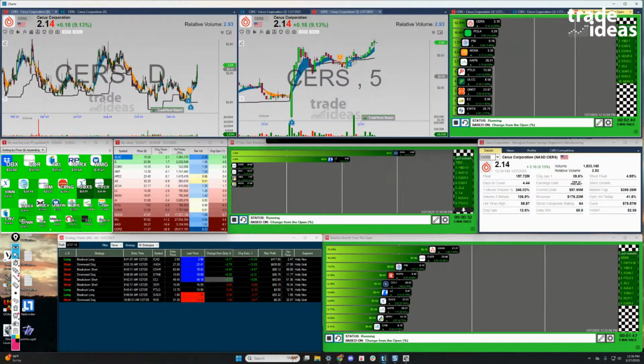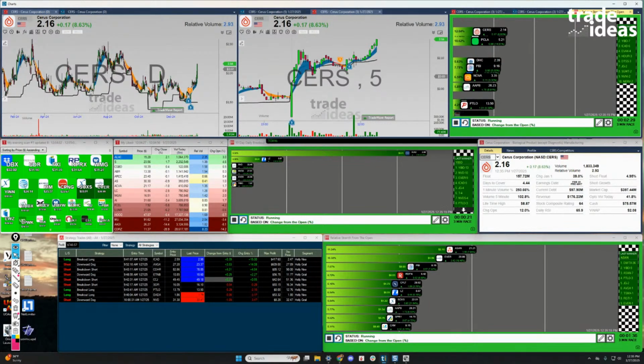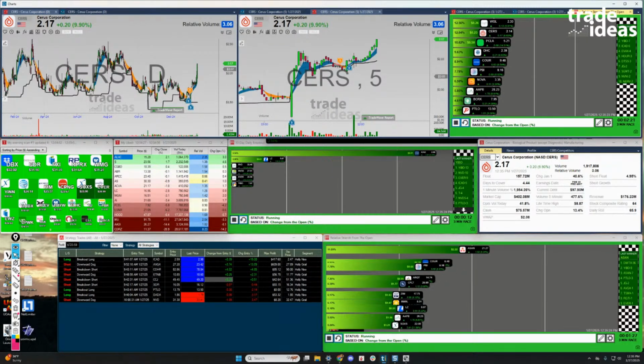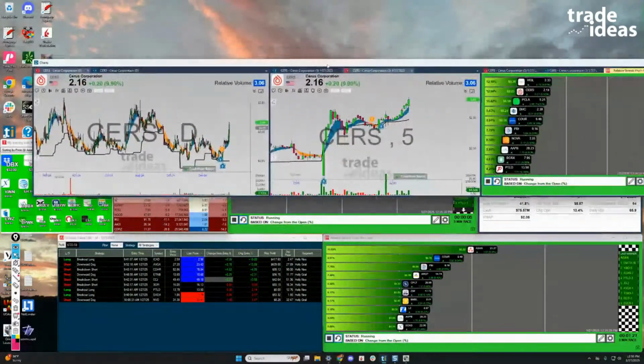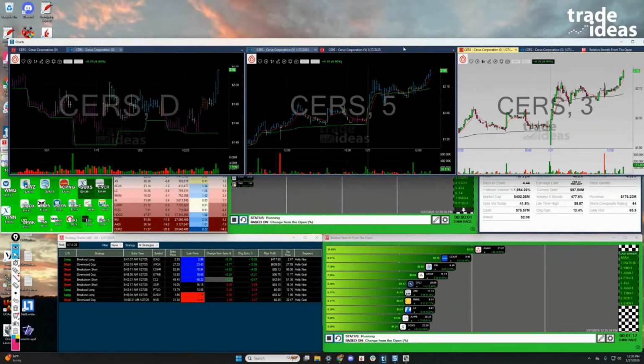We talked about that. Good info. All right, Bill, thanks, appreciate that. I have multiple monitors. How do I group a set of windows together so I can move them to whatever monitor I want? And secondly, can I have multiple filters running at the same time? Yeah, you can have as many filters in a scan as you want. All the filters have to be met in order for a stock to get on the scan. And you'll see I have these all grouped together and tabbed. So I'm going to go over how to do that real quick.